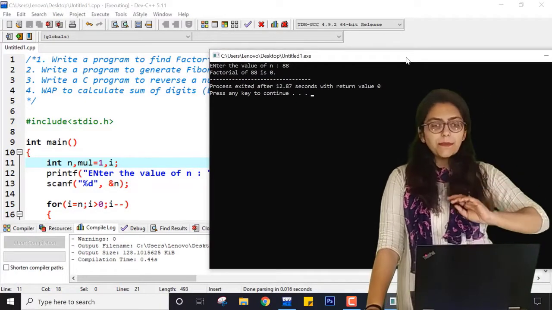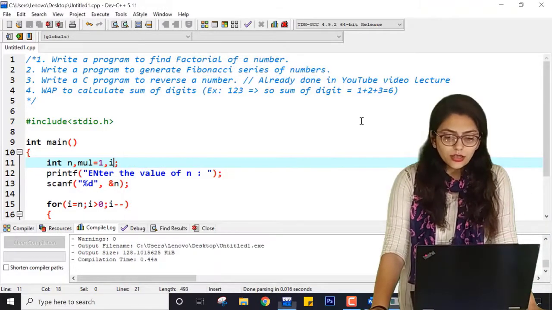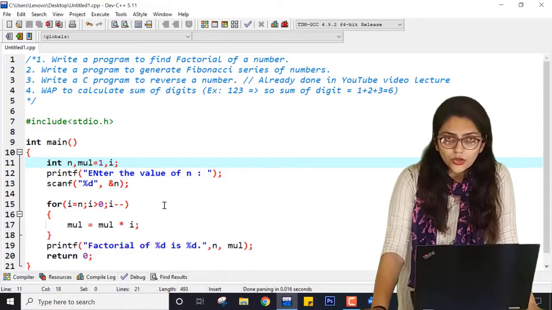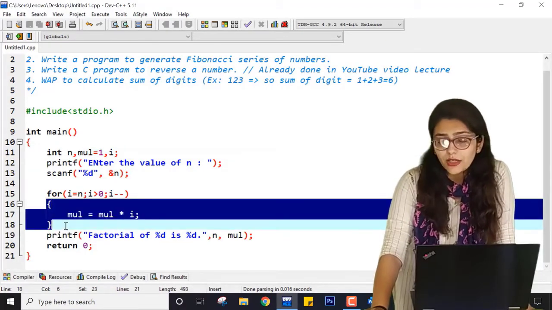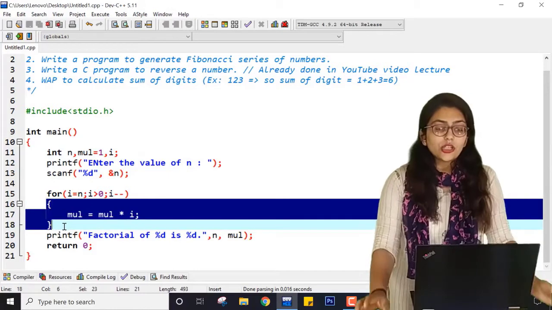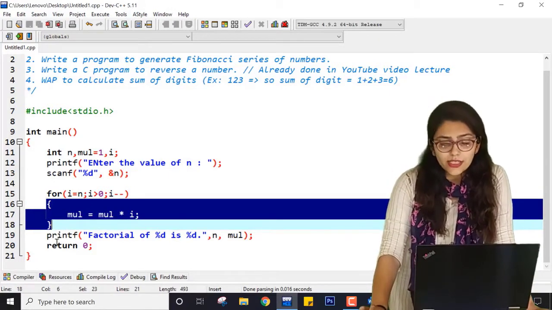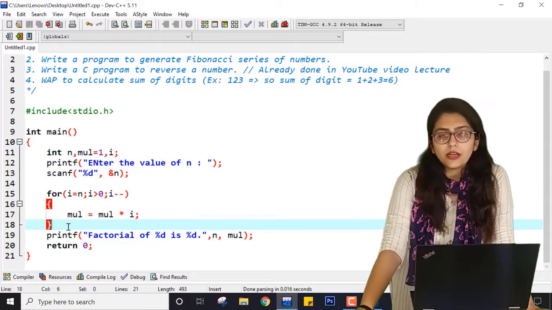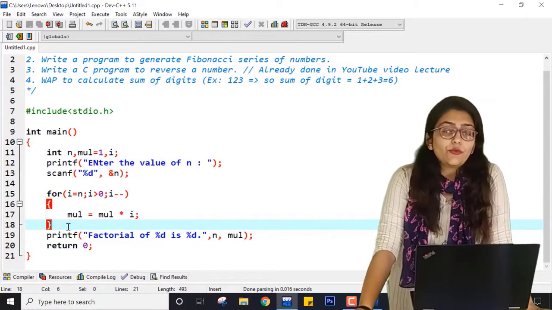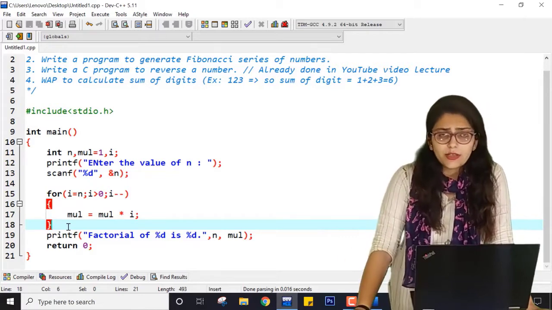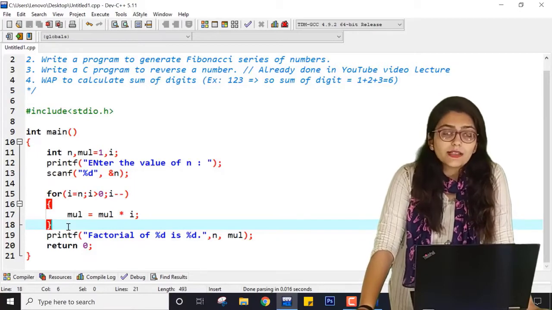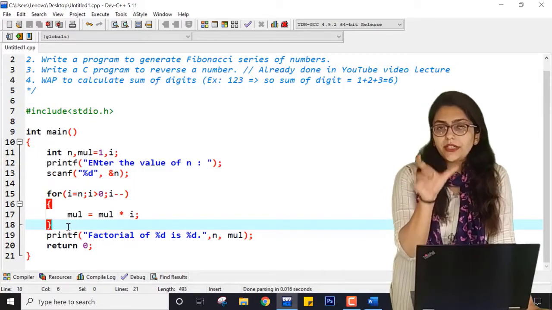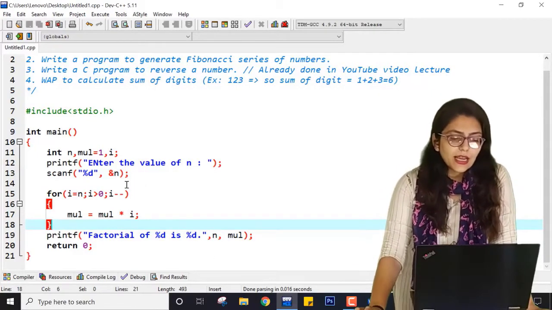So it may sometimes happen that you have taken the result of the multiplication as integer, and the result which comes after this equation has a larger value than can be held by a simple integer. So at that time you can use long integer as well, so that it can hold a larger value. Like if you have done the program earlier, summation of two numbers, and if you are adding very large integer numbers, say 7 or 8 digits, then it may happen that it is giving me a wrong answer because of the range of integer. Okay, so this is the concept I just want to clear.